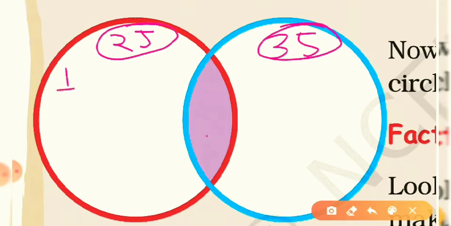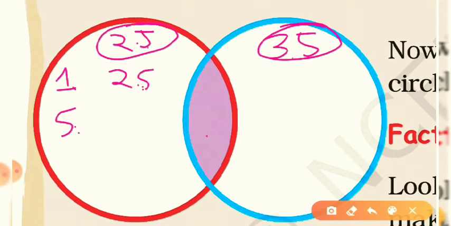If 1 is dividing 25, what will be its next number? Yes, 25. When you divide 25 by 1, you get 25. So 1 and 25 are factors of 25. Now go to the next number. 2 cannot divide because it is an odd number. Now check with 3, 4, 5. Yes, 5. So write here 5. 5 fives are 25, so you write only 5 here. So 1, 5 and 25, these three numbers are the factors of 25.